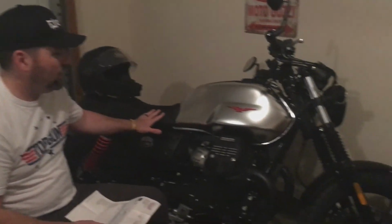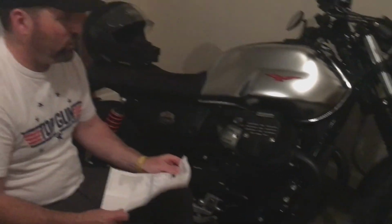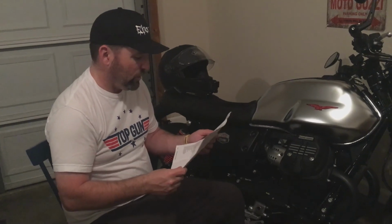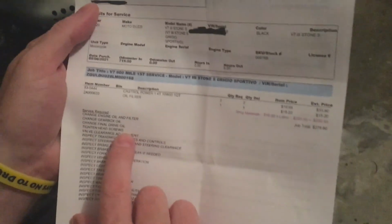Alright everybody, welcome back. So I got my first oil change and basically valve adjustment job done, and I think some people are like, hey, what exactly gets done? Some people know, some people don't, so let me go over what they did here, okay? So they changed the oil and filter, they changed the gearbox oil, they changed the final drive oil, they tightened